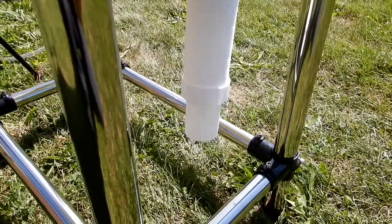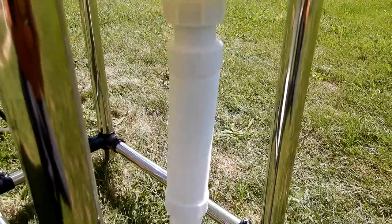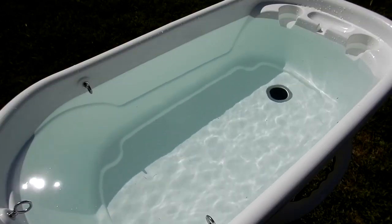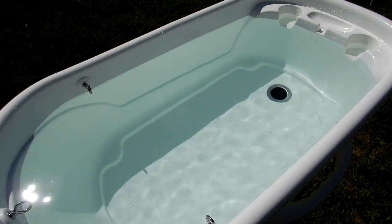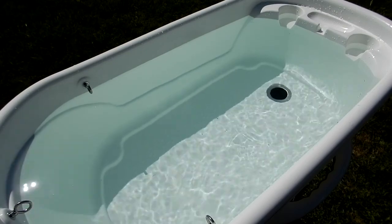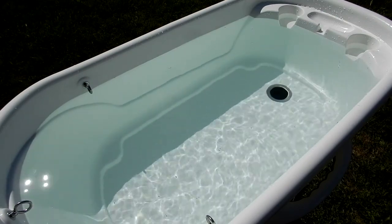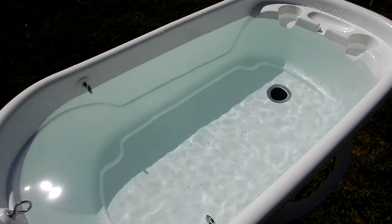Now the only reason it's dripping like that is because there was still water up in this fitting here, so water is not leaking out of that plug. Alright, so we've got this to about the same approximate level as before, and I'll pull that plug and you'll see it goes very quick. But again, if you're using a shower type head and you're washing the dog, you're not going to be putting that much volume in. It will go down fairly quick. And even if you put a little bit of water in there,